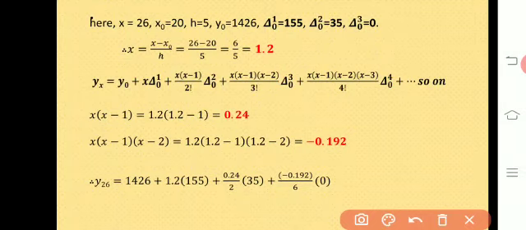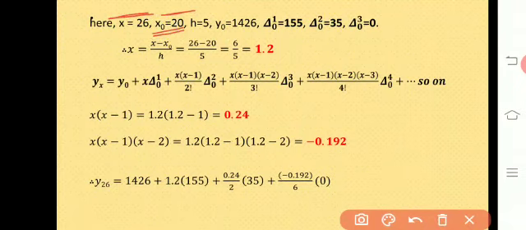Now here we have to estimate the premium for the age 26 years. That is the value of x which is given in the question. The first value, that is age, is 20. So the first value under the column x is 20 and it is denoted by x0. We have seen this in the previous table. So x0 equals 20.